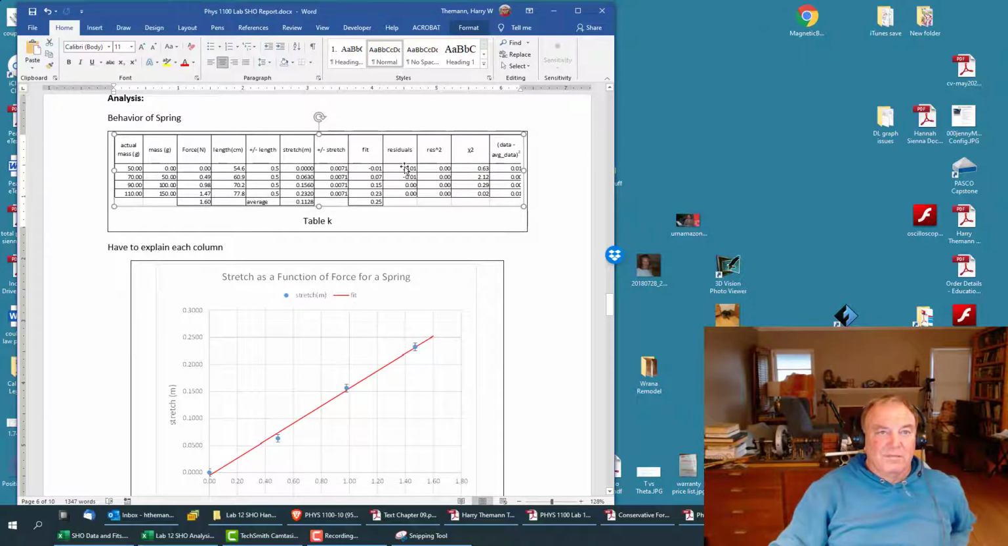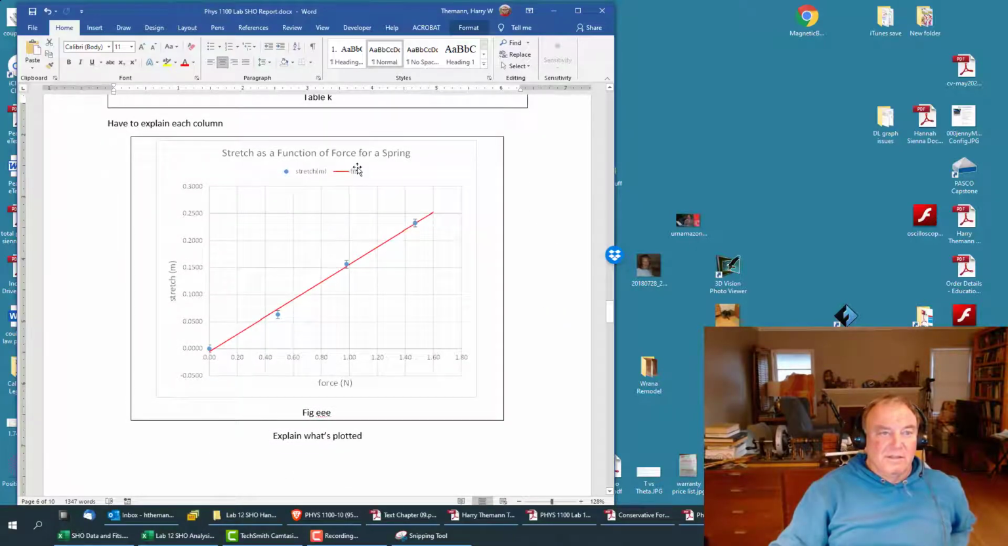And then we have the column for fit, residuals squared, the chi-square, and then the data minus the average data squared. And you see there's other bits and pieces here, so you have to explain that. And then there's my graph. Notice this one I've pretty much formatted. I probably would get rid of these extra zeros at the end. I have a label for the y-axis, label for the x-axis. I have a legend, I have a title, and I got error bars,